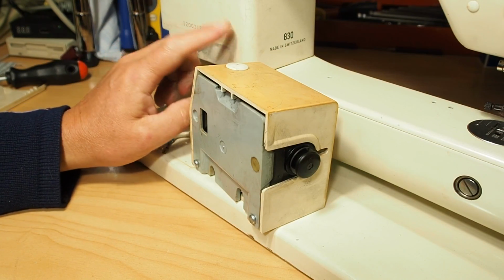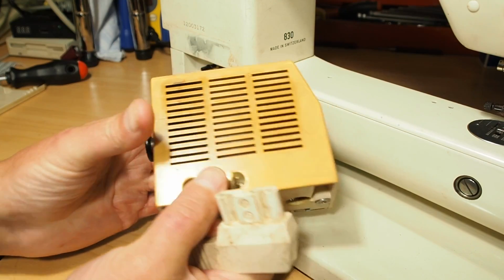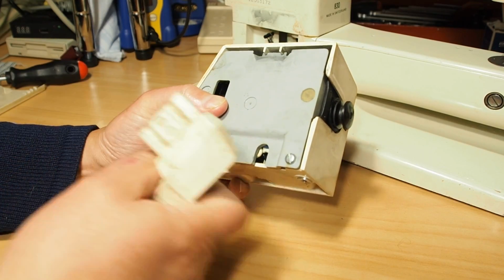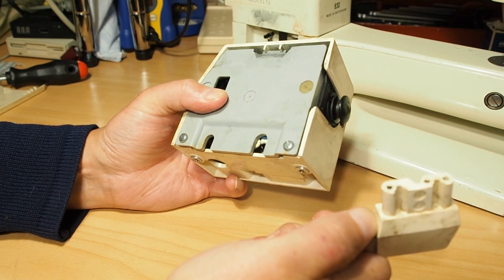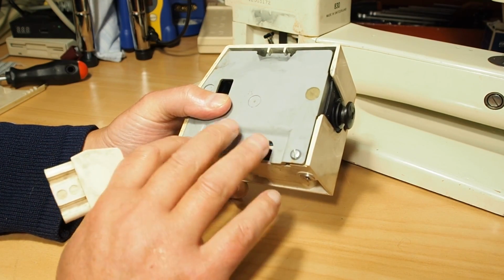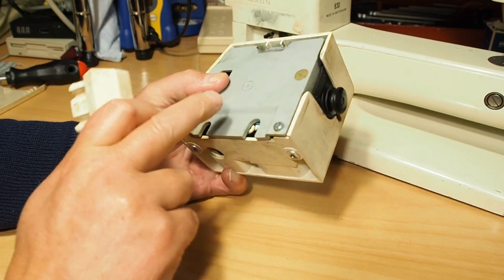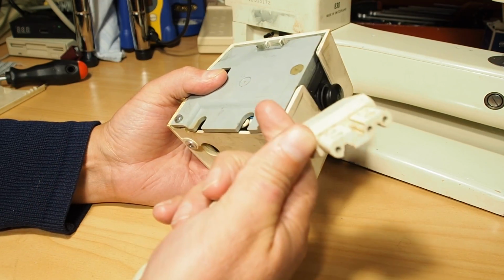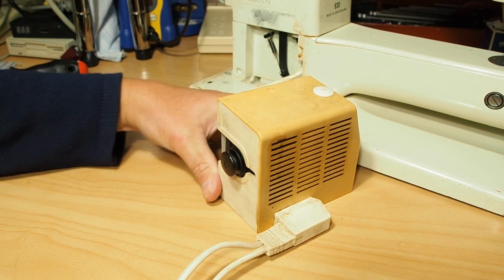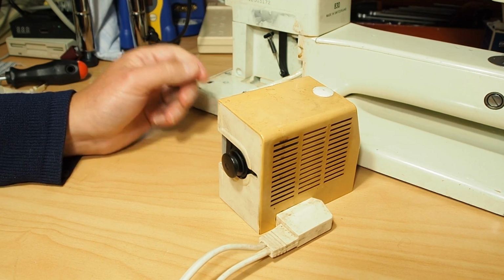Now if we take a look back at the 830 here, just to demonstrate this, you can actually test the motor separately of the machine. So here's the motor detached from the machine. Now again, I must stress, make sure you have the plastic cover on here, because there's live wires in behind here. You definitely don't want to be testing this motor without this cover on. So make sure you've got this cover on before you plug this plug in here. We can plug the plug in there, and I've got the foot controller on the floor there. I'll just put my foot down,